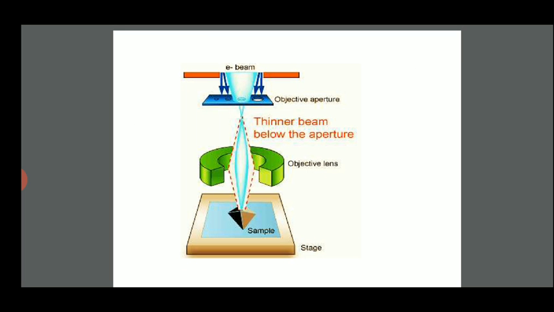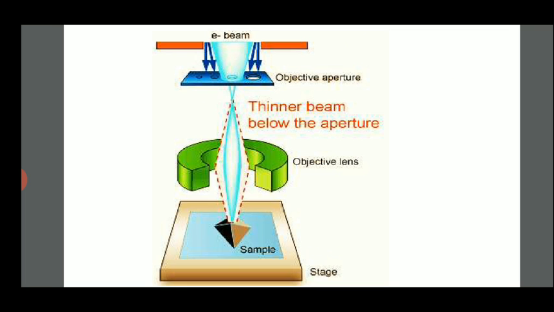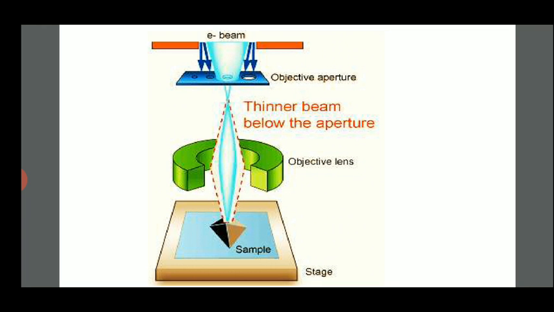And this is the scanning electron microscope, how it works. So at the top we can see the electron beam. The electron beam is generated and passes through the objective aperture, and that beam becomes thin. From then onwards it is passed through the objective lens, and it falls on the sample, and from